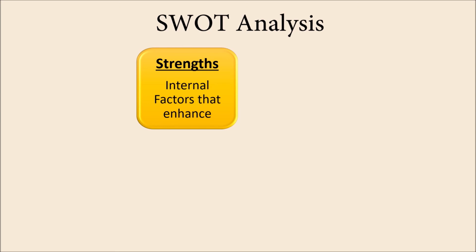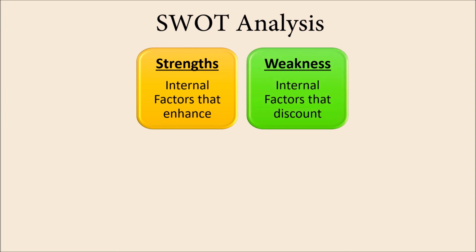Weaknesses are the internal factors that discount the idea. Here you need to clearly identify the negative points of the idea or the decision. A critical thinking hat is what will help you decide this in a big way. Information available on record should also be looked into to make the final decision.